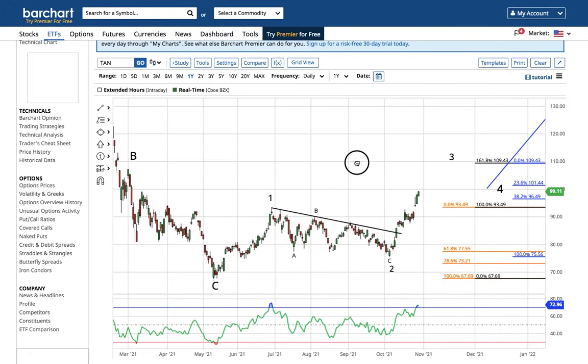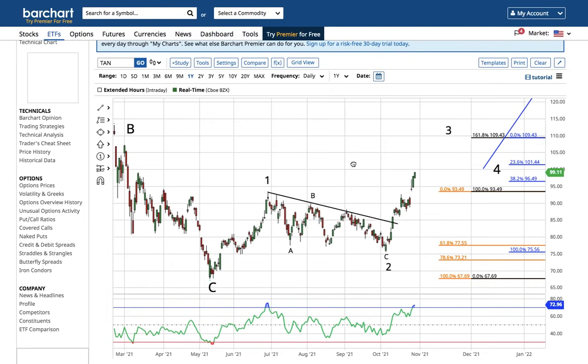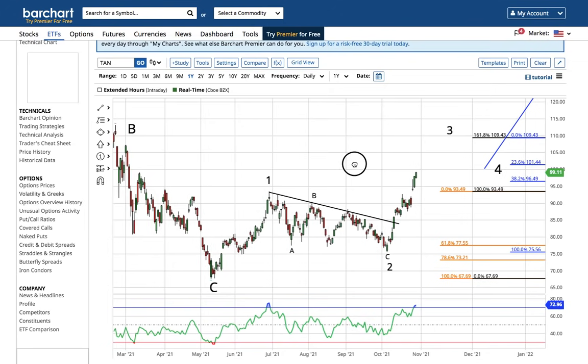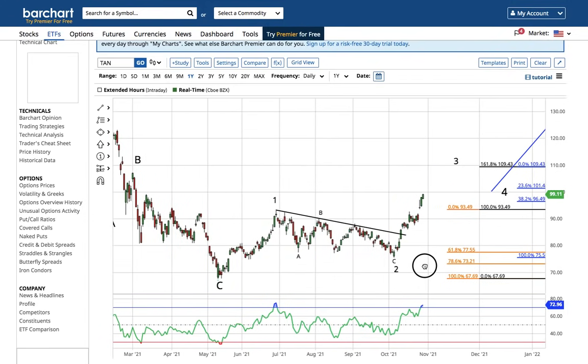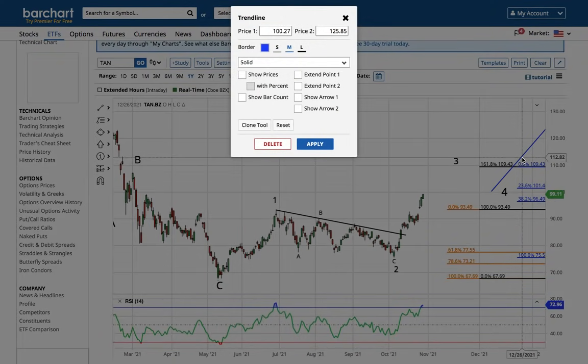In the short term, right? To be honest, if I was a Tesla bull, an Enphase Energy bull, a First Solar bull, I'd just be looking at the solar ETF TAN chart. This is an ABC correction. This is the wave 1 and an ABC correction putting in a wave 2 low. Even in the short term, you've got a lot of confirmation that this is the wave 3 that's going to take the solar ETF to 109 before a shallow wave 4 correction and a wave 5 higher. The textbook 1, 2, 3, 4, 5 will take this ETF to 125.